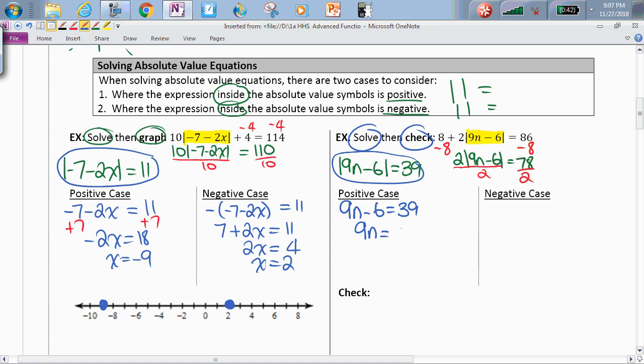We're going to add the 6 over, and that gets us 45, and divide both sides by 9, and that gives us 5. So we think n equals 5. Now the negative case is